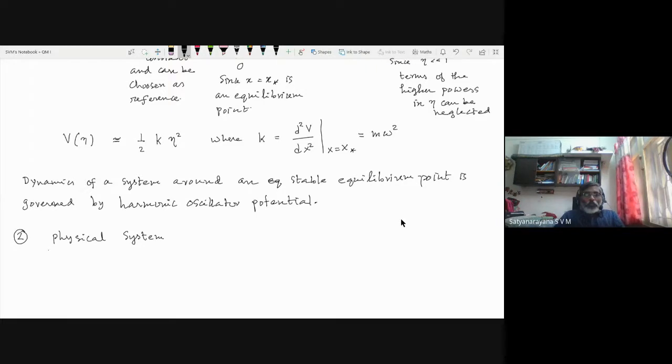Okay, so suppose somebody is asking you, I have a harmonic oscillator Hamiltonian, and you are doing quantum mechanics of this, but what kind of physical system does this correspond to? Now, classically, we have a picture like this. That is, you have a spring and then a mass,